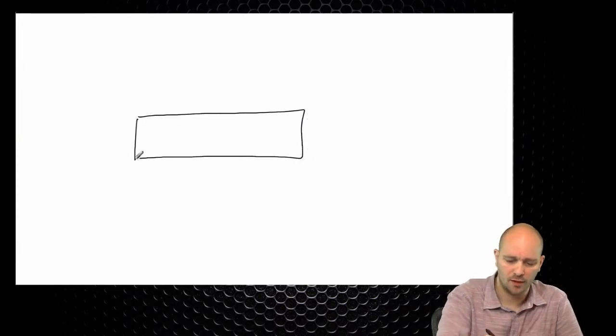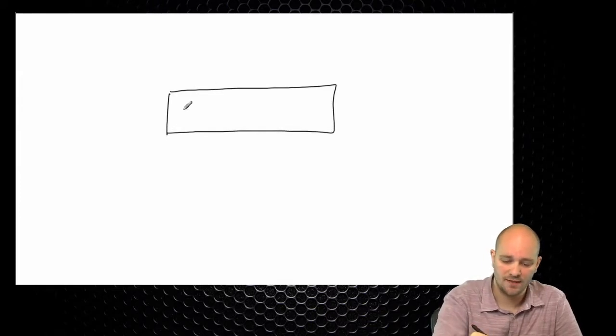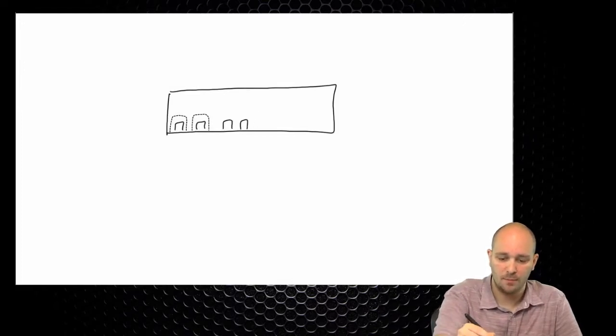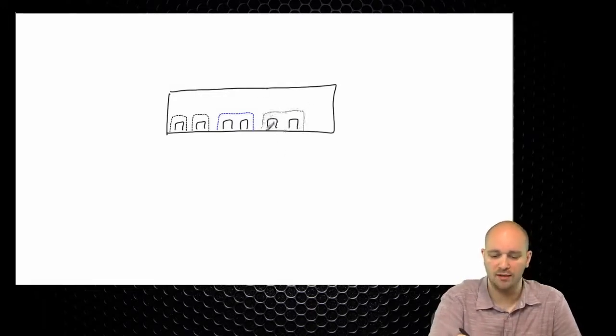So this is going to be our switch here. And on this one switch, we are going to have, let's say, 2 ports, and I want these ports to be isolated from the rest of the world. Now, I want the following 2 ports to be able to communicate to each other, but not to anyone else. And I want the same thing for the following 2 ports. So these 2 ports here should be able to communicate to each other. These should be able to communicate to each other, and these should be isolated from everyone else.